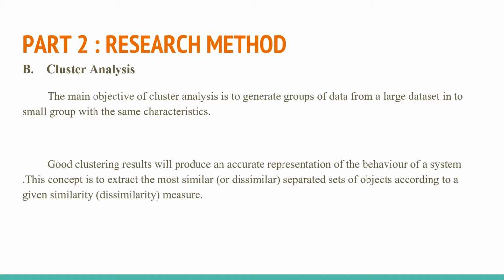The first process is to find the number of clusters. The number of clusters is the amount of clusters to group large data into small groups. There are many algorithms to determine the number of clusters. The easiest method to find the number of clusters is to generate it randomly, but this method does not guarantee to find